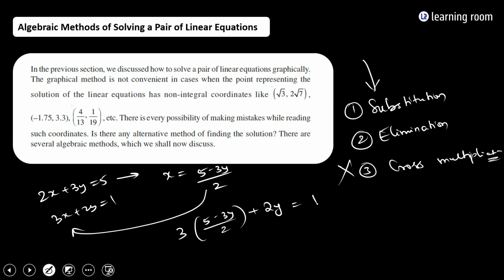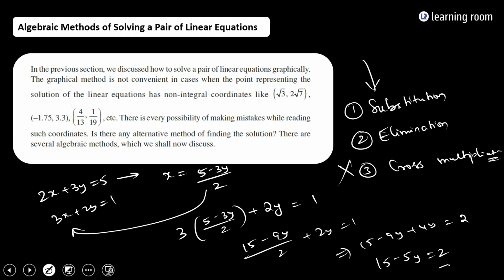Right. When you do this, what are you going to get? (15 minus 9y)/2 plus 2y is equal to 1, which implies 15 minus 9y plus 4y is equal to 2. So 15 minus 5y is equal to 2. So what will you get? 13 will be equal to 5y. So y will be equal to